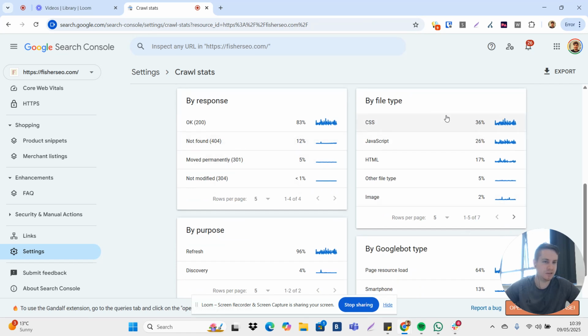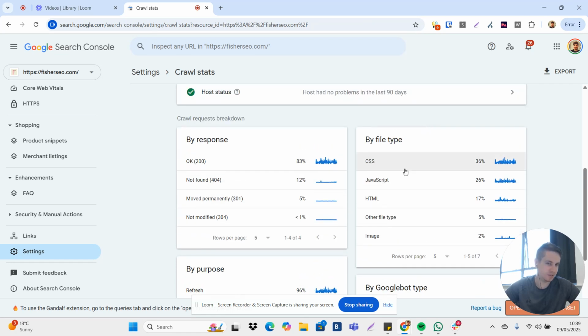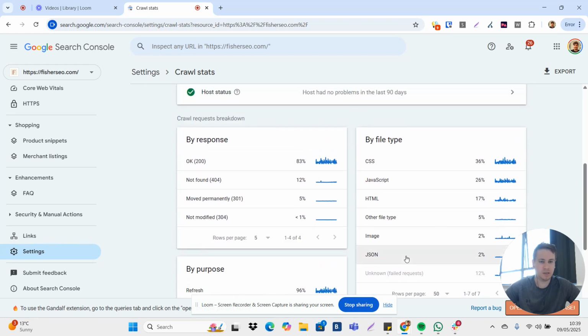We can see it by file type. So we can see my site is quite CSS heavy, quite JavaScript heavy. It's got 70% HTML, and then there are images and a bit of JSON as well. I mean, that's not an ideal ratio, so that might be something I look to work on, reduce a bit of the JavaScript. Rendered HTML is the most important file type by far, and it helps Google see the sort